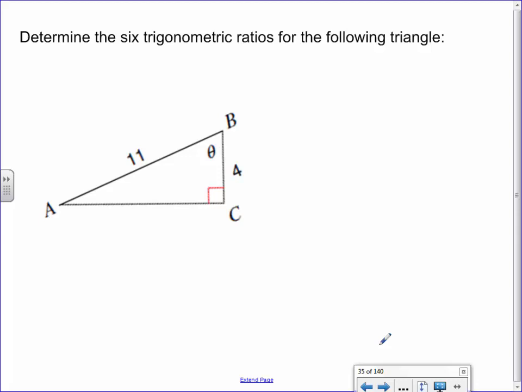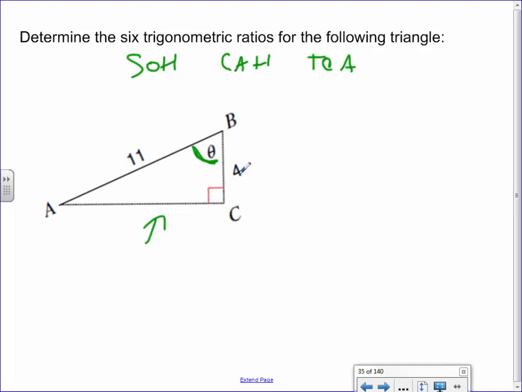Here's a basic triangle. I'd like us to find all 6 trigonometric ratios. Let's do the easy 3 first, the ones you know. So SOHCAHTOA. Sine is opposite over hypotenuse. Hang on a sec, what's the opposite? If this is my angle right here, what's the opposite side? Can we find it though, using Pythagoras' theorem, right? If this is the hypotenuse, because it's the side across from the right angle,